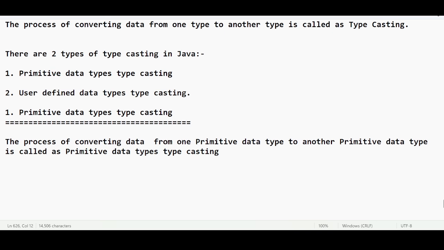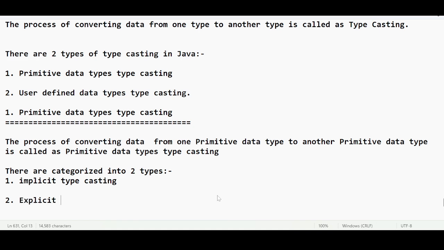I am just giving an introduction. These primitive data type conversions are categorized into two types: one is implicit typecasting, the second is explicit typecasting. The definition is very simple.